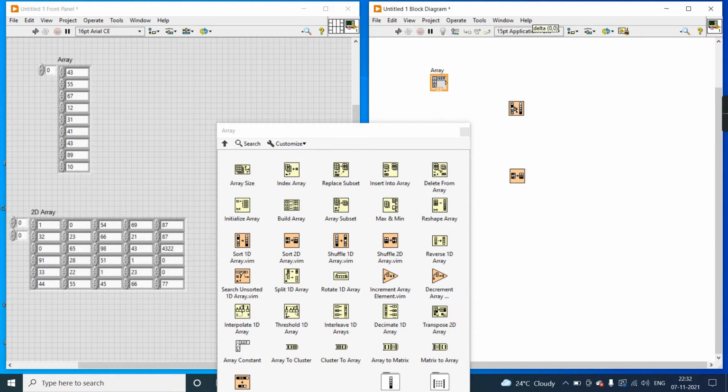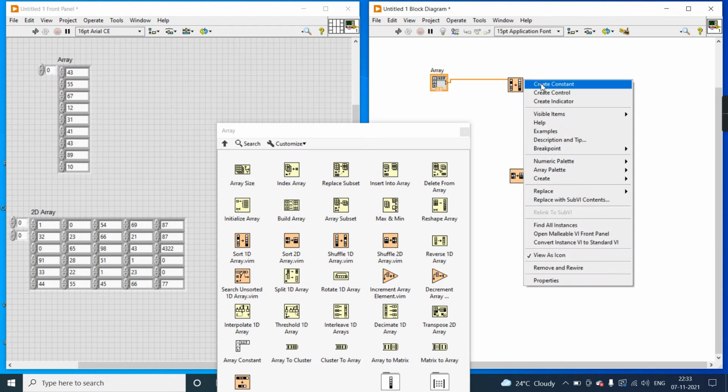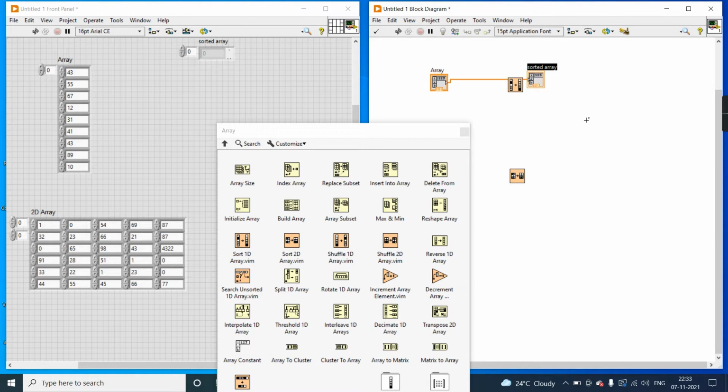Simply connect these to the available array and create an indicator. If you know C or other programming languages, we need to write lines of code to sort the array elements in ascending or descending order. But in LabVIEW, with just one tool, we can sort the array.